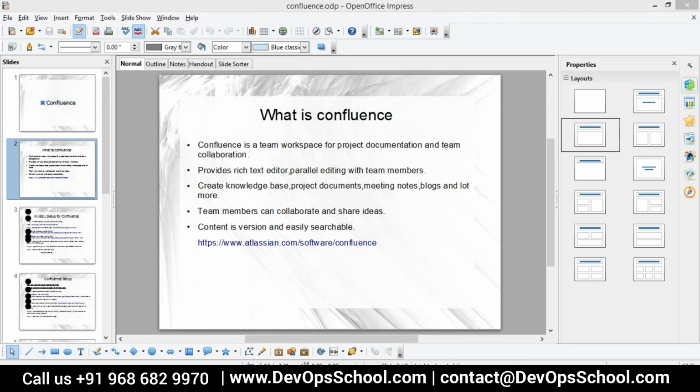The best part about Confluence is that the team can work together. You can share your screen, and multiple team members can edit a particular file or page together. So collaboration is the best part of Confluence. The other best part is versioning control. We can see the entire history of what has been done, who did it, and when it was done.